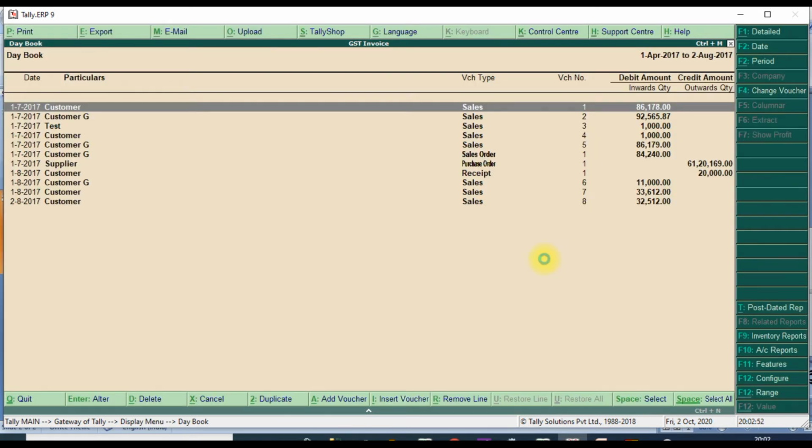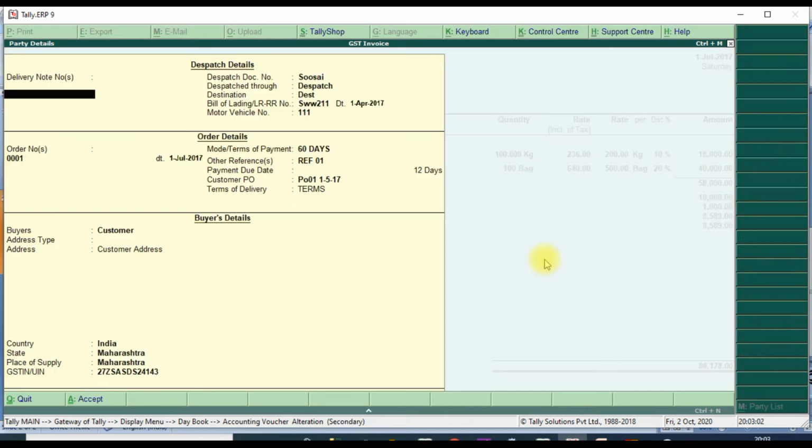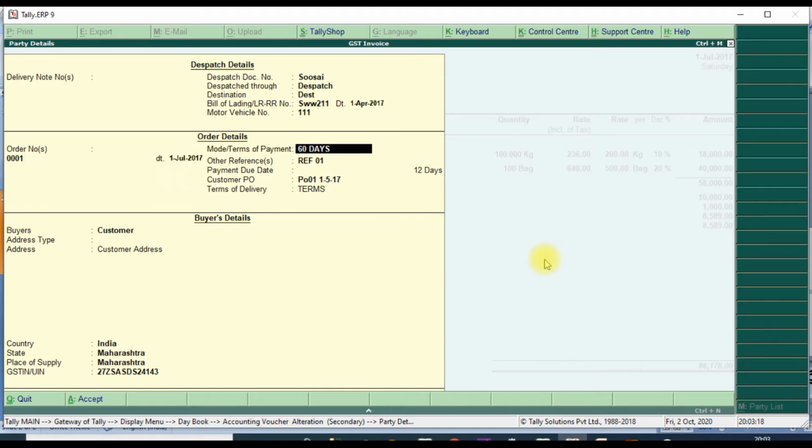Then go to transaction, display day book, then I will take the first one. It will show the voucher number, date, and reference number, then the party name you will fill, dispatch document number, dispatch through, destination, bill of lading or LR number, motor vehicle number, then purchase order number, then order details, mode of payment, terms of payment, other reference, payment due date, customer PO, terms of delivery, and this is the buyer details,